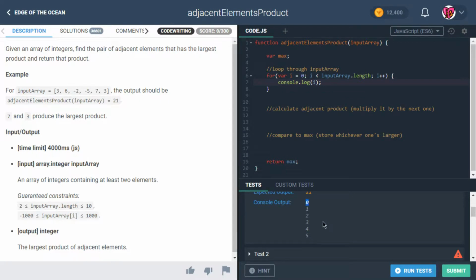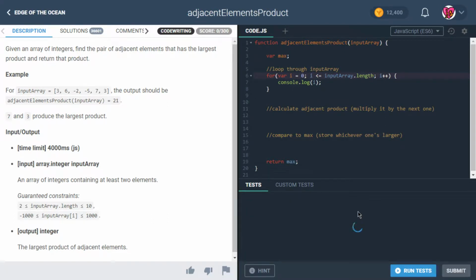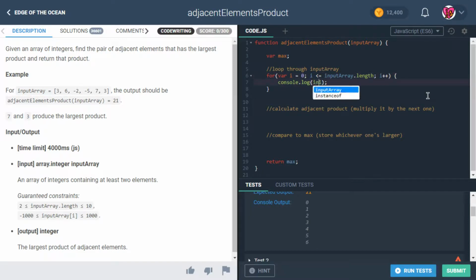Remember, there's a 0th element, so it's not going to go all the way up to 6, it's going to go to 5. And that's actually the reason why over here we say that i is strictly less than input array.length, as opposed to less than or equal to, which would give us all the way to 6. Now, the reason we don't want to do that is because if we actually put in input array here and we're looking at input array at i, so in other words, whatever element input array has at the index i,